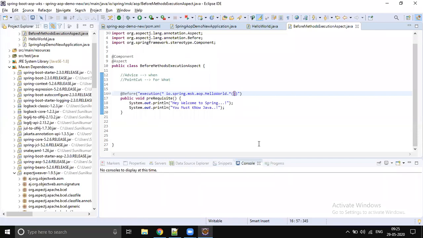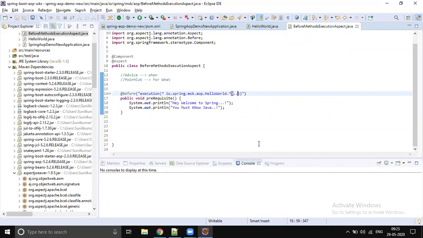To give support to methods which take arguments, you should add two dots. You can pass any number of parameters, 1, 2, 3, 10, that is fine.